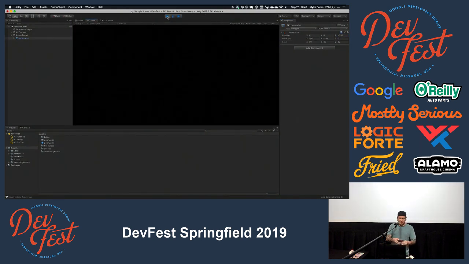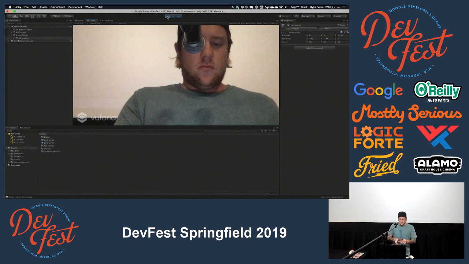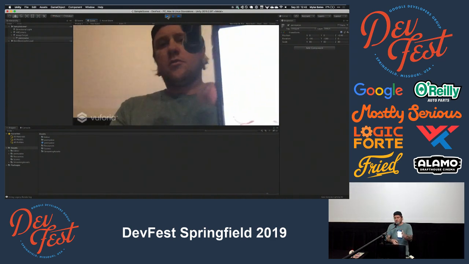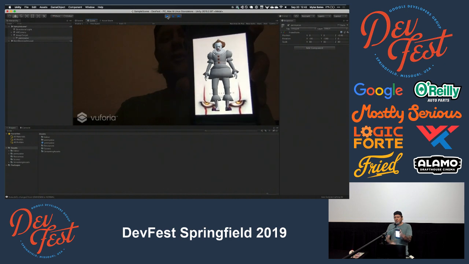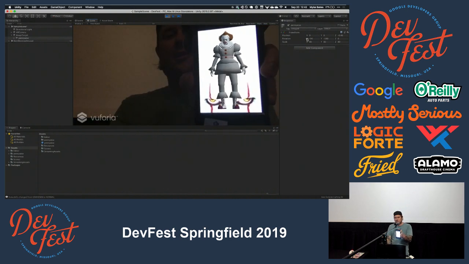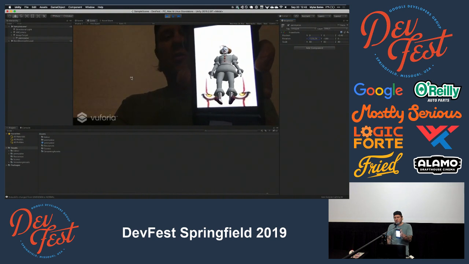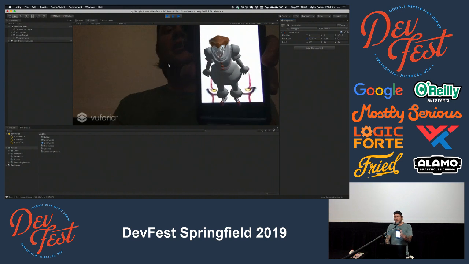Hopefully, if all goes well, like I said, I don't have the poster, but I'm going to pull the image up on my phone and see if we can get it to focus. There we go. Yep. So this is setting right up against here, but you can rotate him around so he's standing up. So if you're intending to look at it on a surface,